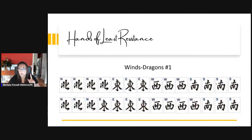Winds and dragons number 1, we have 2 options, kong, pung, kong, different shape. And then we have pung kong, pung. This one took me a while to get used to. Of course, I'm used to it now, but at first it was a little bit of a challenge because it doesn't follow the shapes of the other 2 common